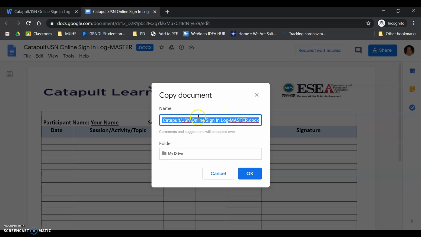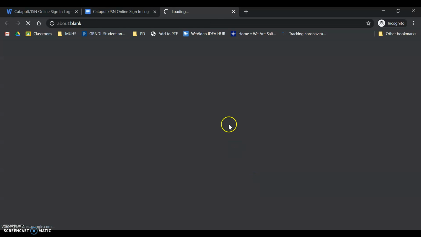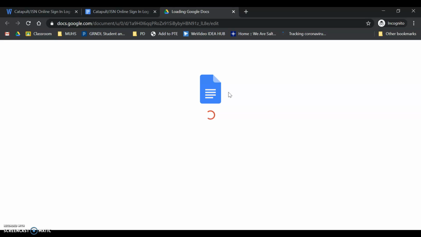So if you want to just name it with your last name and your daily log, that would be fine. You will eventually put it in a Google folder that is to be shared with me, so I have access to that document. And when you click OK, you'll see that it will open up the document now, and you